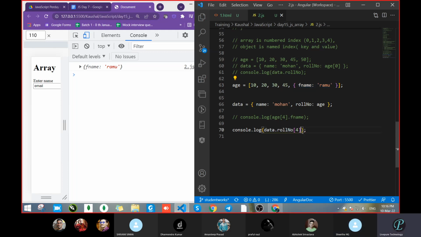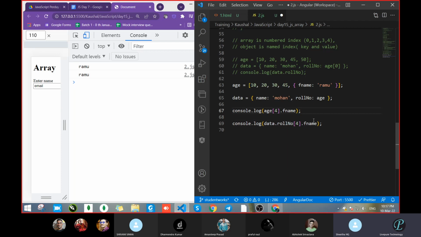What do we want? We want just Ramu. Now this is your object, so how to get the object data? With the help of key, with the dot. So we passed the F name. Let's see. We got the data. And you will get data from here also. This is also a correct process in both. But in this one, we directly took the data, and in this process, we took the data through a zigzag motion. Got it or not? Clear now?